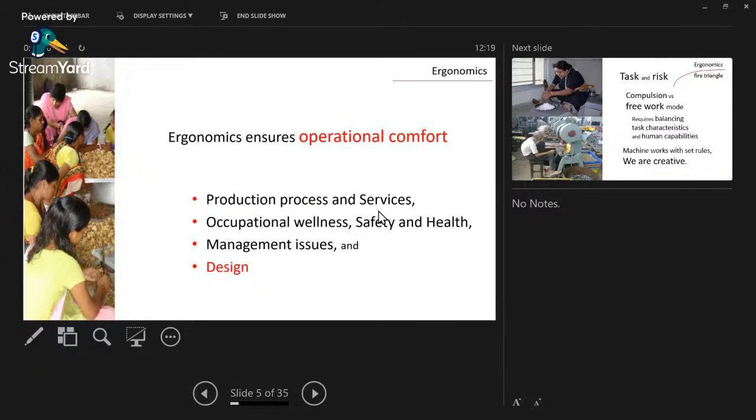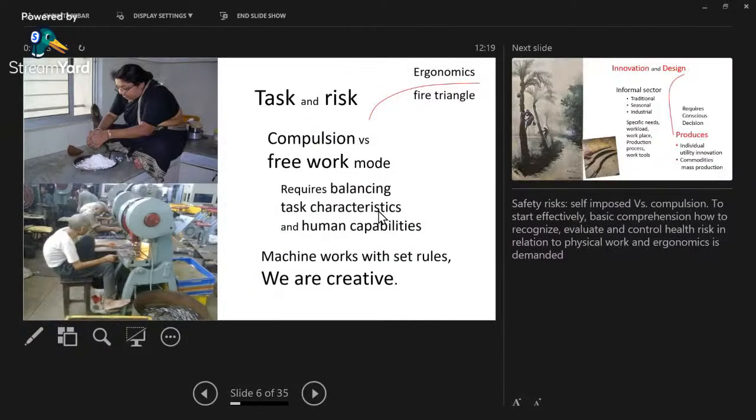Ergonomics ensures operational comfort in production processes and services, that is also one design. Occupational wellness, safety and health, and management issues, how to use those. And in design, the thing is that I can directly work with that. I can feel it. I can use it. So in that case, when I am using a product or a situation or a process,